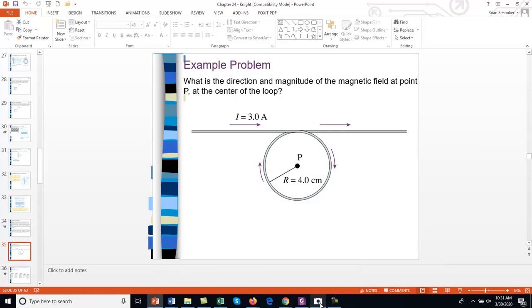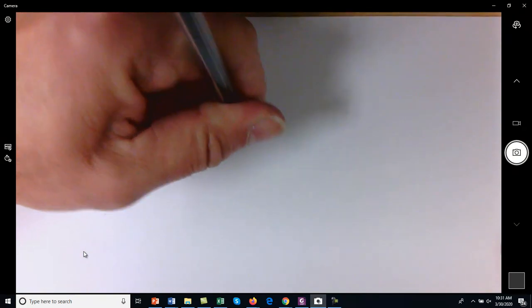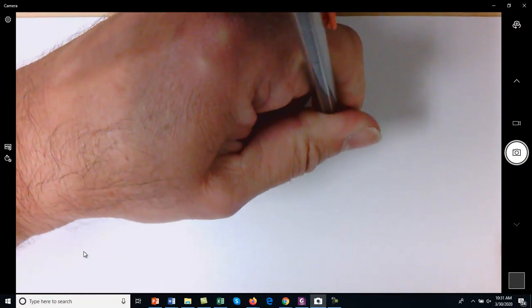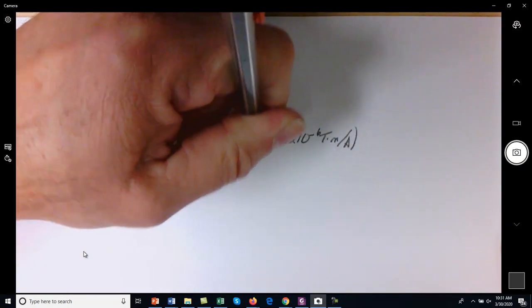Our current I is equal to 3 amps. Let me double check real quick. Yes, 3 amps. Our radius R is equal to 4.0 centimeters, which is 0.040 meters. Then we have enough information to solve the problem. So B is equal to 1.257 times 10 to the negative 6 Tesla meters per amp. Okay, then